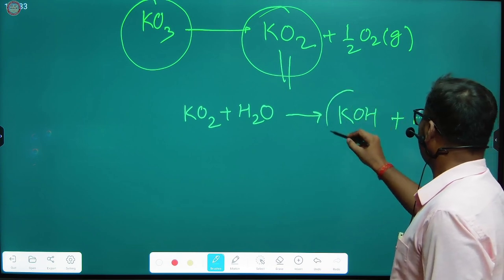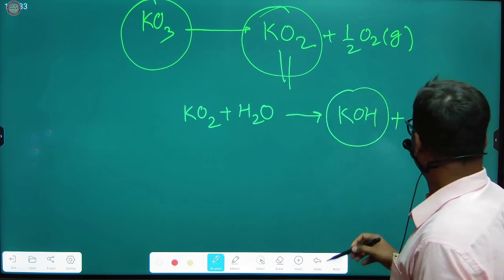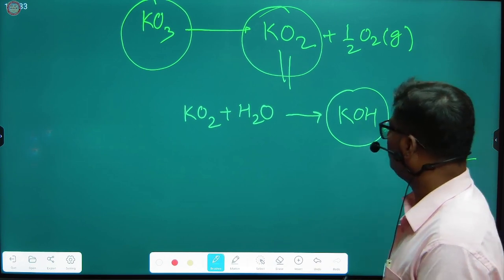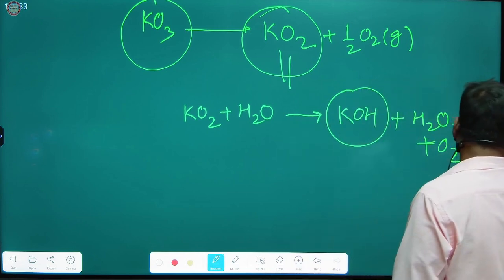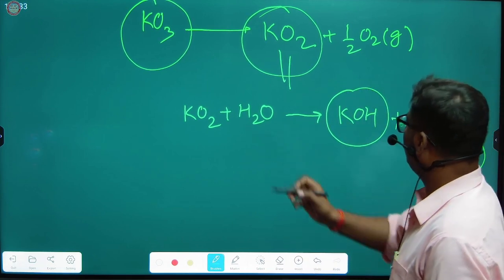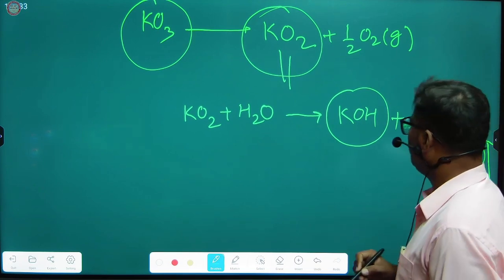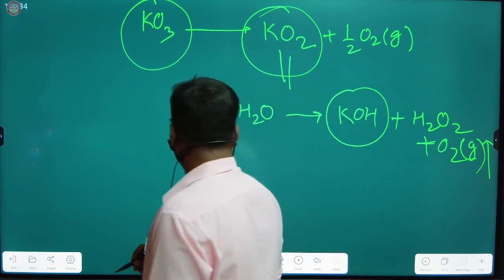Because of the formation of hydroxide, it is plus oxygen gas. So once this reacts with water, it will again release oxygen in the atmosphere, right? So this is the beauty of this